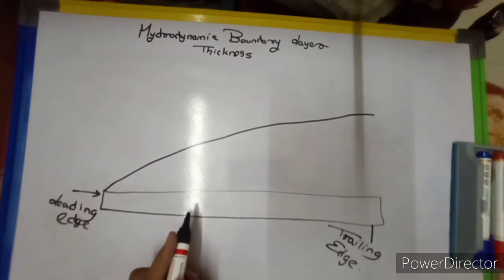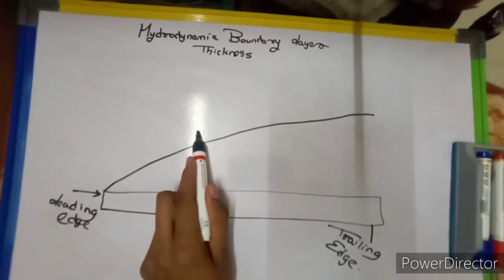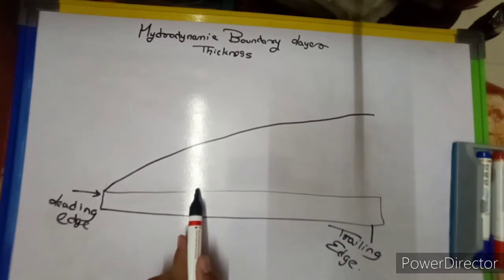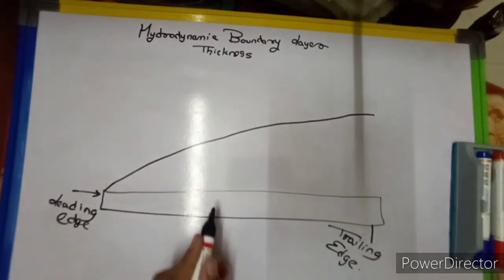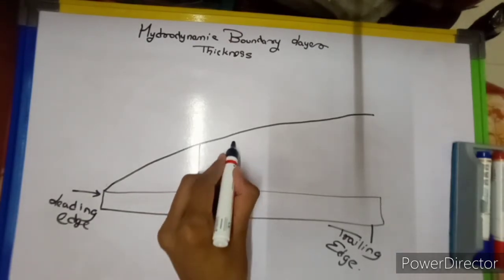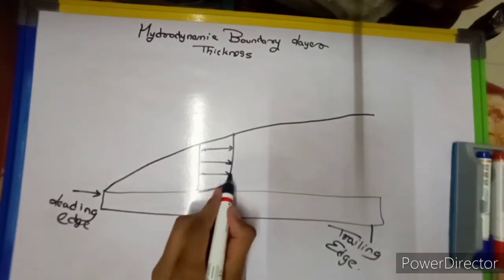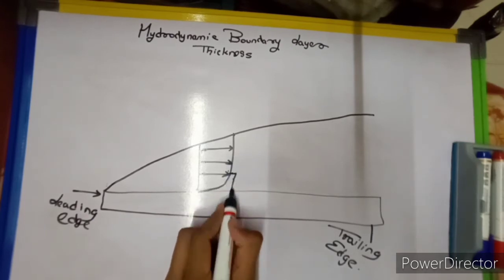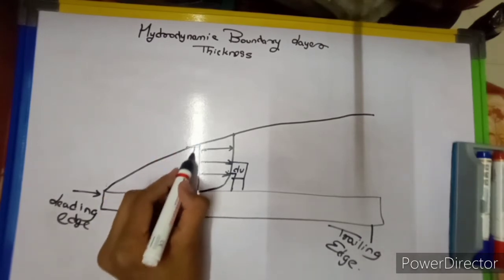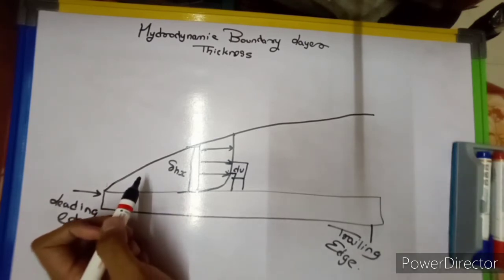So what is the hydrodynamic boundary layer? Basically, it is the distance where there is a gain of 99% of the free stream velocity when measured perpendicular from the plate. So when you measure perpendicular from the plate, there is a formation, there is a gain. See, you can see it varies, it increases, and that is why the thickness increases. This perpendicular distance is called the hydrodynamic boundary layer thickness, represented by delta Hx.